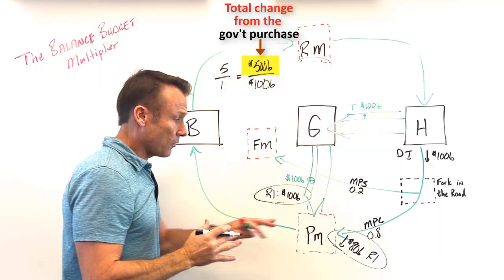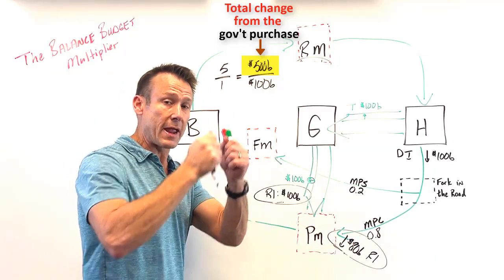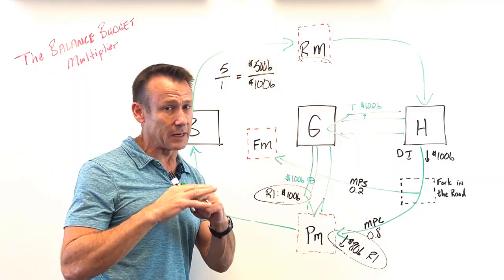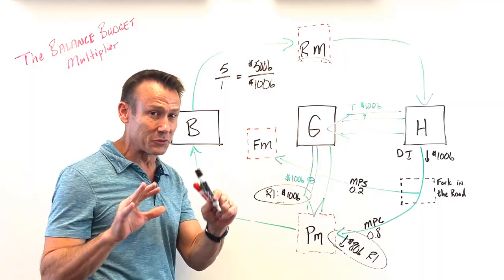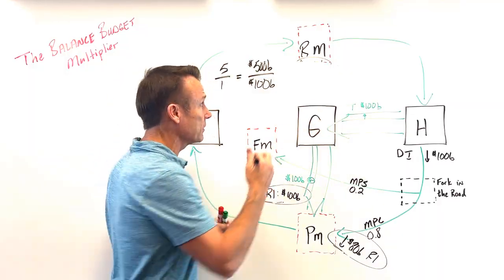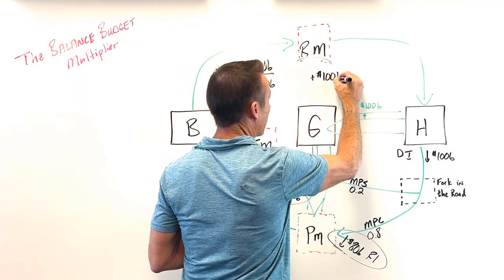Now, the tax change. What it did is we raised taxes. Now, this is one of the very few times I'm going to use the tax multiplier. I don't like the tax multiplier, but I'm going to use it for just a second, just so that you can see it. So we raised taxes by $100 billion. So I'm going to put, hey, we had this positive increase in taxes by $100 billion